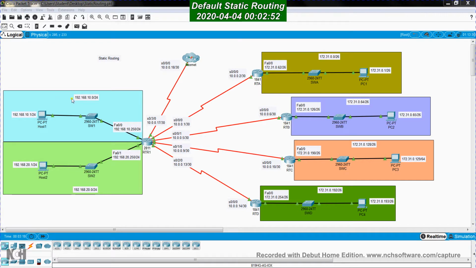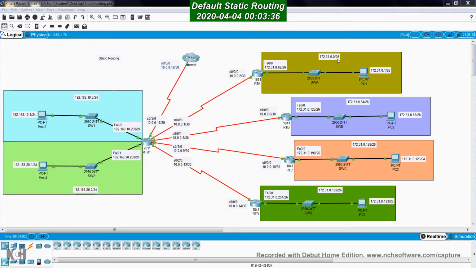Now we're going to look at the network addresses assigned to each local area network. We have this LAN with 192.168.10.0/24. The LAN in green color is 192.168.20.0/24. In the spoke networks, we have 172.30.100/26, the other one 172.30.10.64/26, this one 172.30.128/26 and 172.31.0.192/26. So it's obvious here that we took 172.31 and we subnet this network address by borrowing 2 bits,